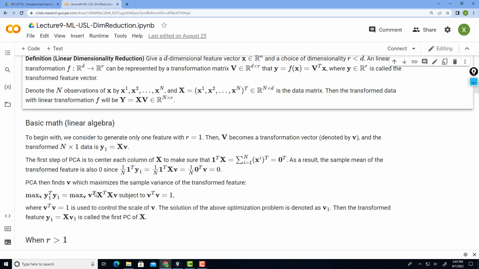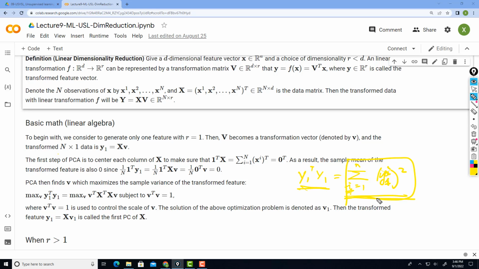If you remember, I said I want to preserve the spread of the data distribution in the original input space by maximizing the variance. So let me try to explain why this is a variance. y1 transpose y1, if you write it out, is the sum from i equal to 1 to n of y1,i squared. This is just the inner product: you multiply the corresponding entries of this n times one dimensional vector, take the square and sum them together, and you get this.